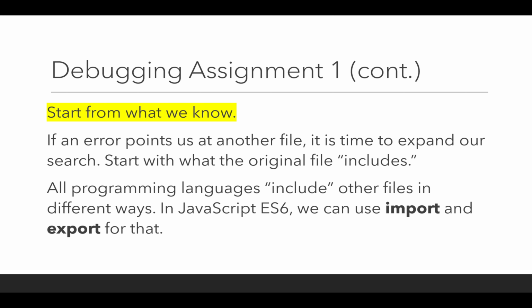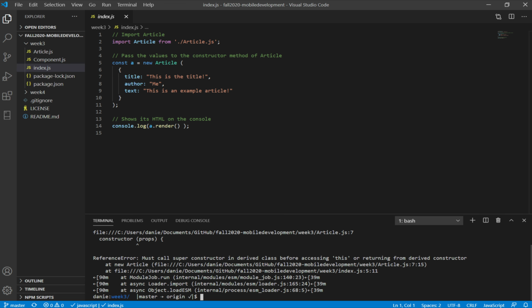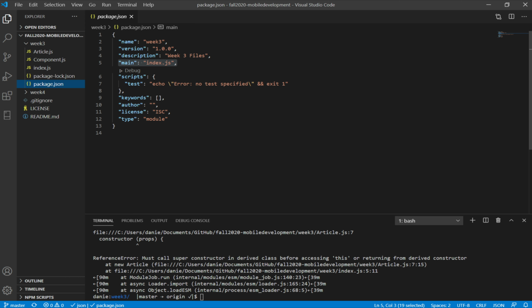So while it may look pretty odd, and I'm going to jump back to Visual Studio Code, we can in fact use these keywords. And the reason why we can use them, and I'll pause here to give some background about how this works, is because of this right here. Type is module. Notice right here, supported values are either CommonJS or module. Now, what in the world does this even mean? What is CommonJS and what is module? Well,